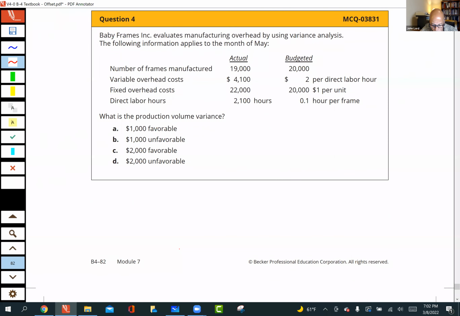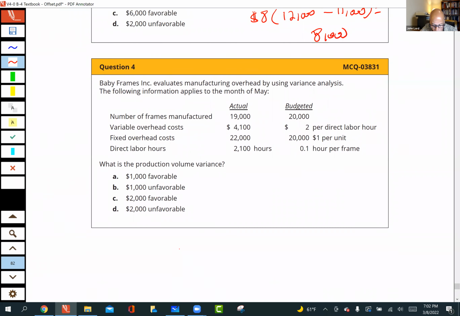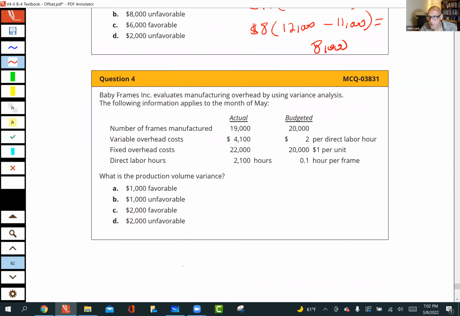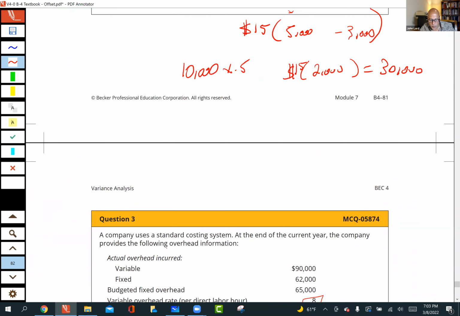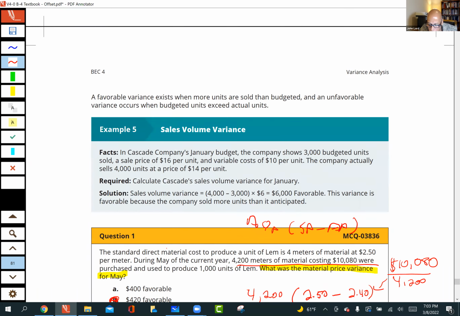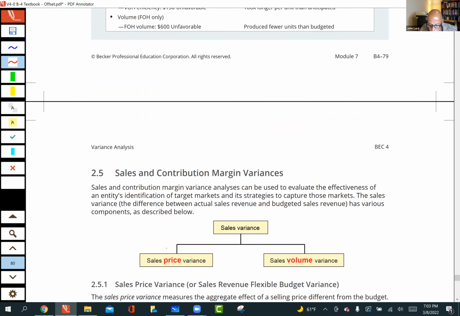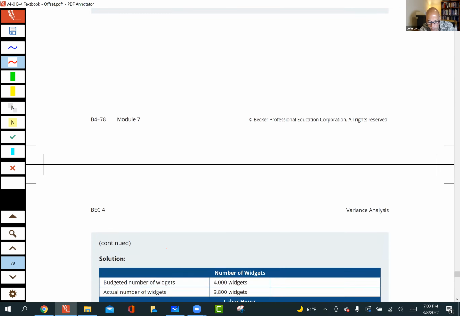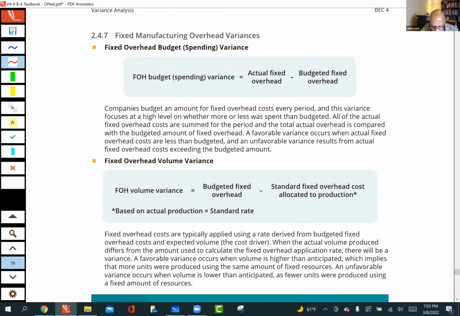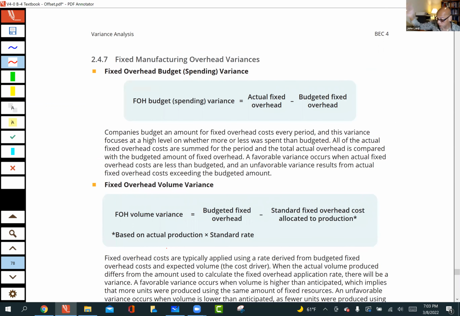Well, when we get to question 4, we know who will be asking for some information on. Okay, but let's go ahead. Andrew, the reason I didn't want to do that one yet is I haven't shown you those formulas, because they're up here in the book and there's some commentary made in the book about those that I find helpful. So I figured I'd wait to show you, because we did our variable overhead, but we didn't do our fixed overhead. And so for our fixed, we have a budget spending variance versus a volume variance, okay?